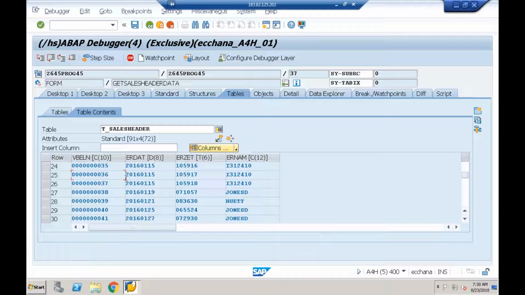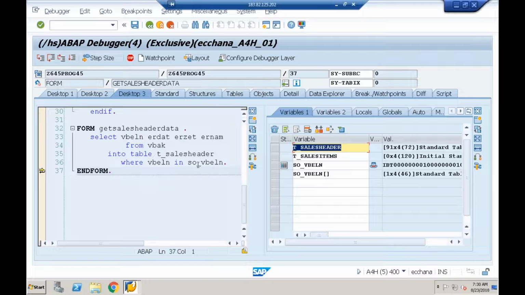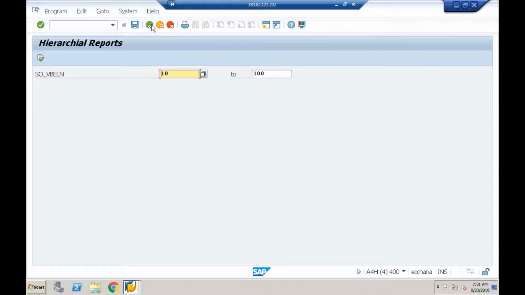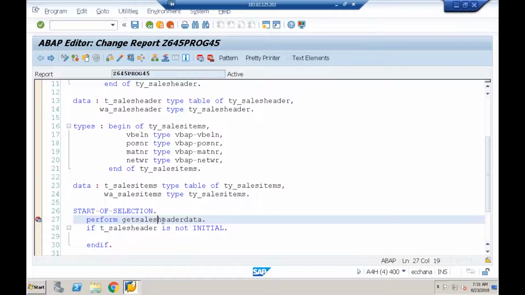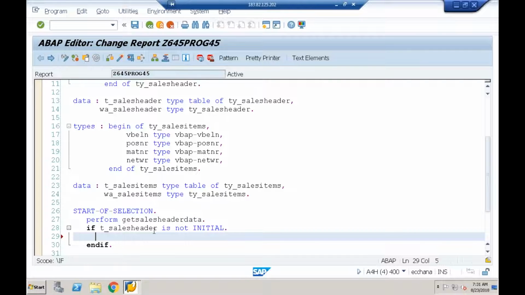You can see this is the header data, so you'll have only one record per document. 36 is one, 37 is also one, only one record. Done. Now what do I have to do based on this range? How many entries are there now? 91. So I have to get the items for these 91 sales orders. Comparing with this header internal table, I have to get the item data. So here, if it is not initial, I'll perform